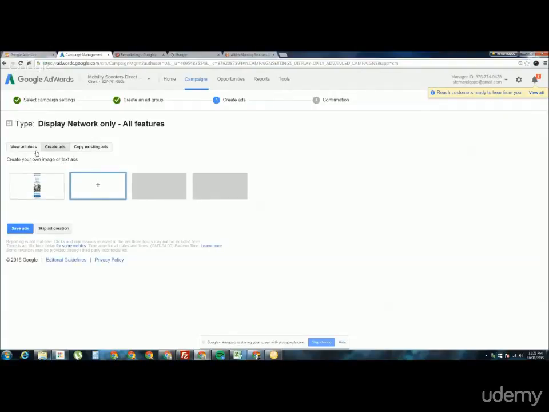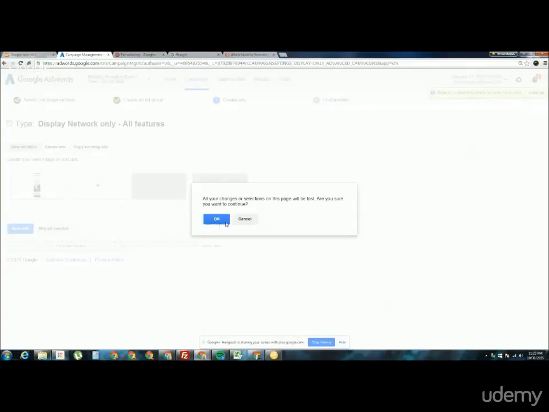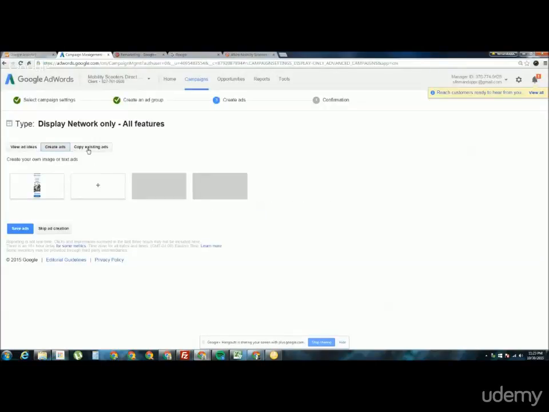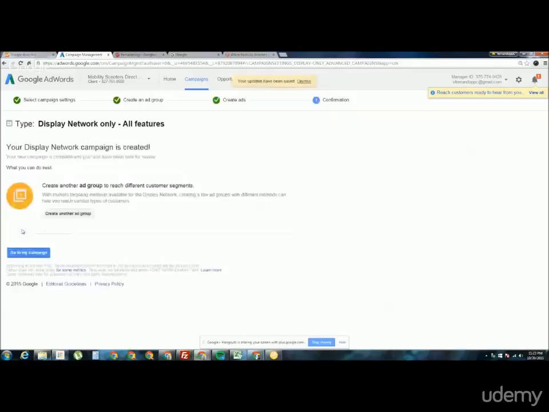And let's see here, view ad ideas. Nope, I'm not going to click on that. Copy existing ads if you like from other ad groups. We don't have any. And then I'm going to hit save ad. You should add as many ad types as you can. I know I only added one there, but like I said, if you can get that ad created in multiple different sizes to get you a better chance at showing up on various websites in the display network, that is